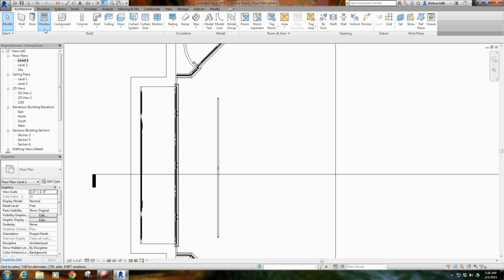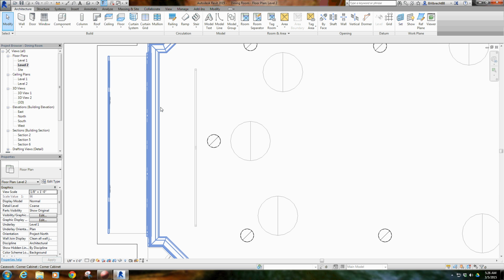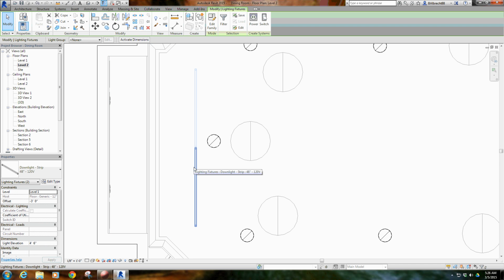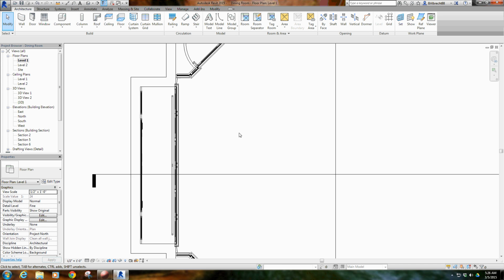So now I'm going to go to my level 2, and what I'm going to do is, I see my crown mold running around here. That's what this line is. I want to tuck these 2 lights back in behind here so that I get a nice little light there. So then I'm going to go to level 1,